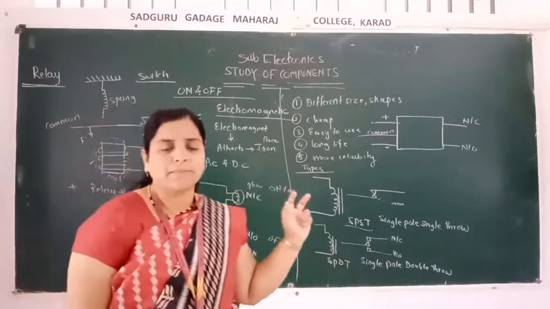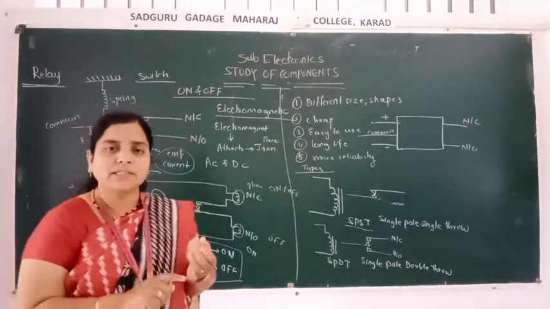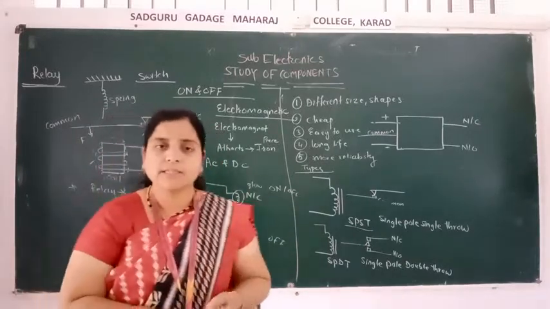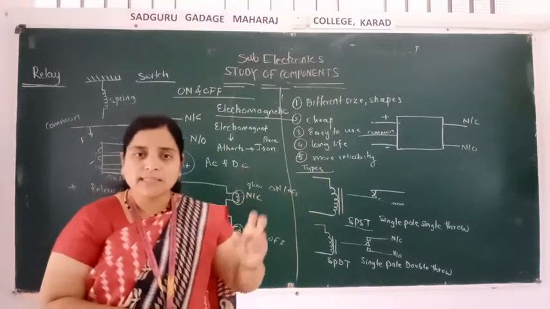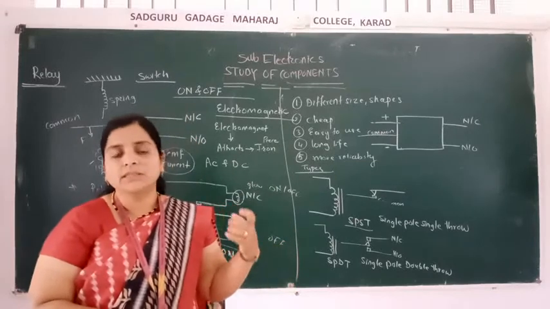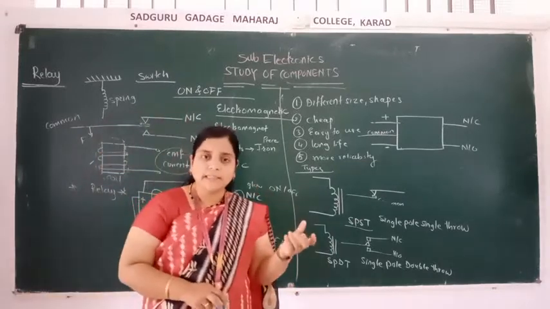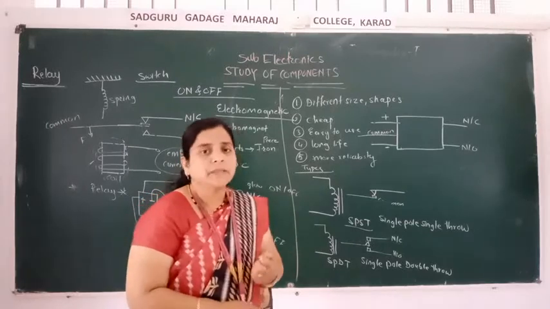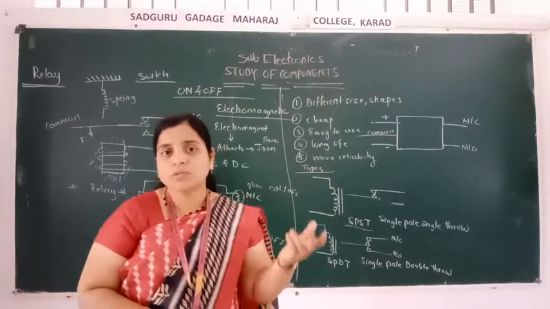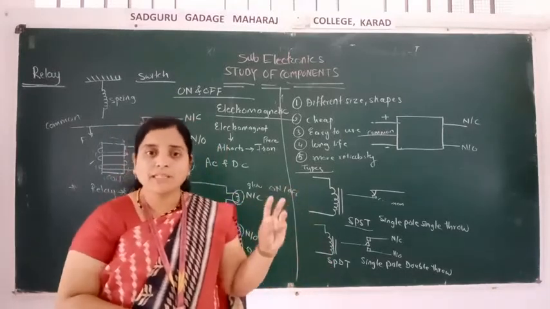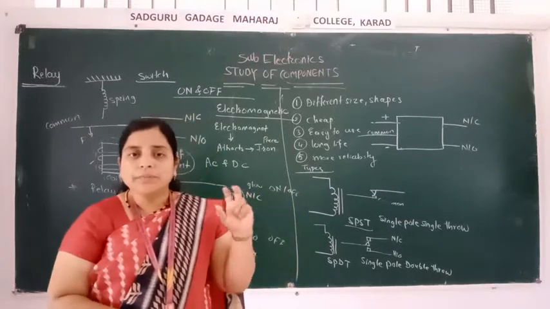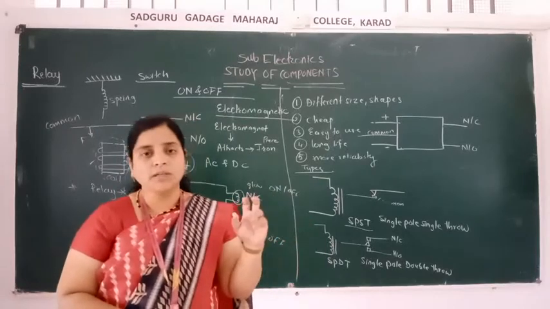All of you understand the concept of relay. In the previous lecture we studied resistor, capacitor, inductor. How to calculate the resistor, how to charge the capacitor, what is capacitor discharge, how to discharge the capacitor. And the inductor is used to induce the voltage when current is given. What are the transformers, why the transformers are used, how many types of transformer, power transformer is there, isolation transformer is there, isn't it? So transformer works on the mutual inductance.